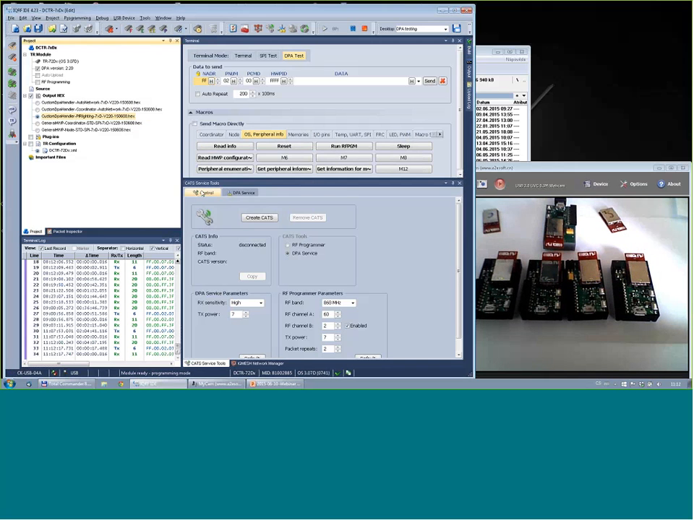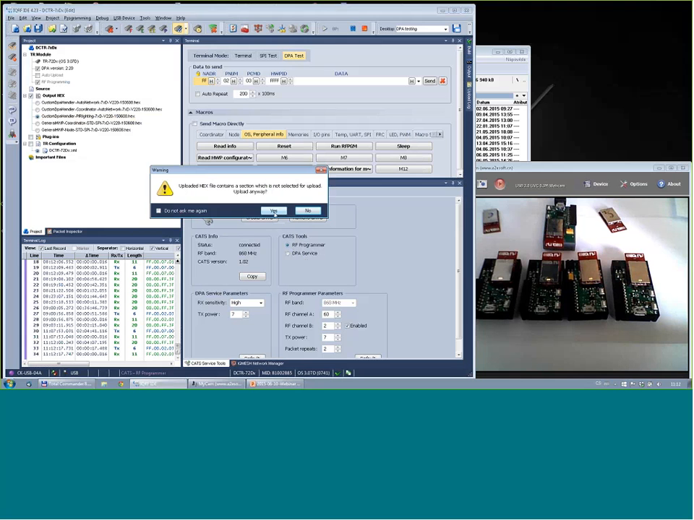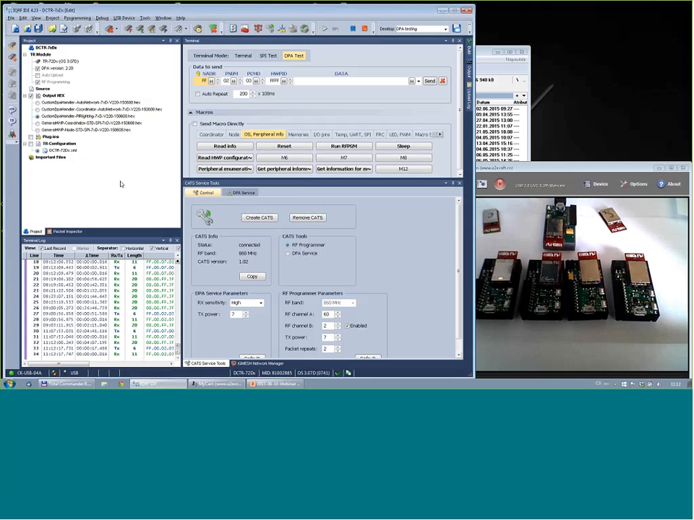I will switch to the RF programmer. Here I will select DPA handler for Peer Lightning, and I will choose to upload the flash. So now, actually, what we are doing is simultaneously uploading a new custom handler to all of the modules. So you see, all of the modules were successfully uploaded. So we have a different